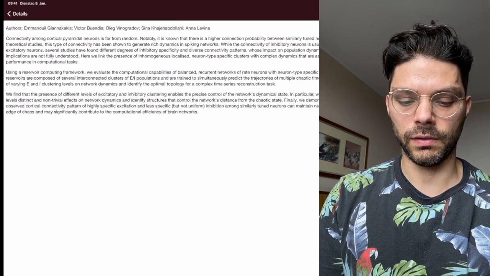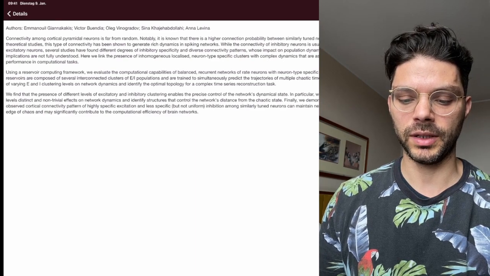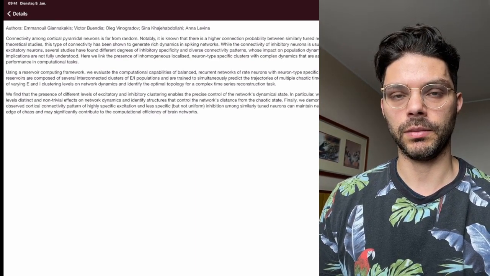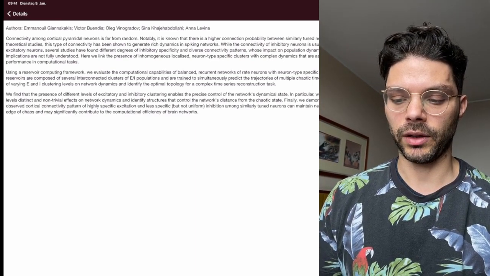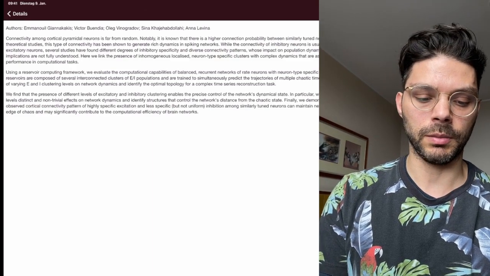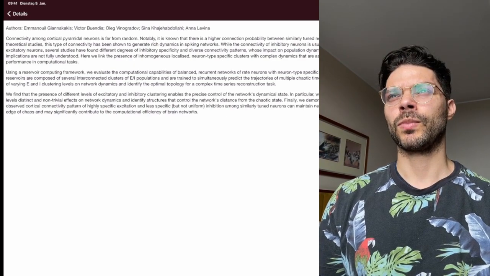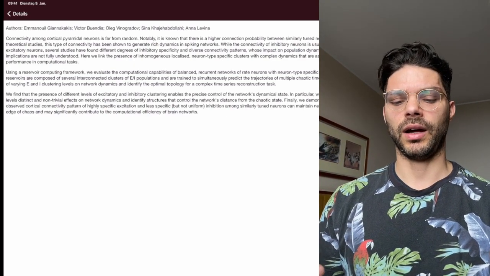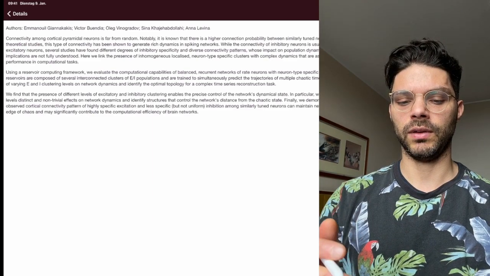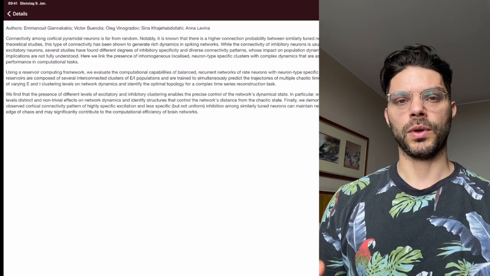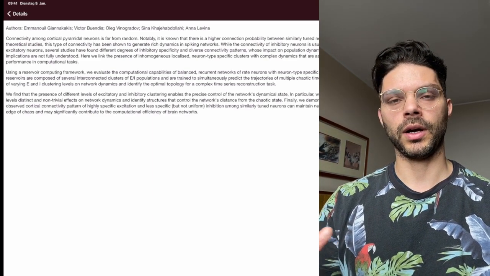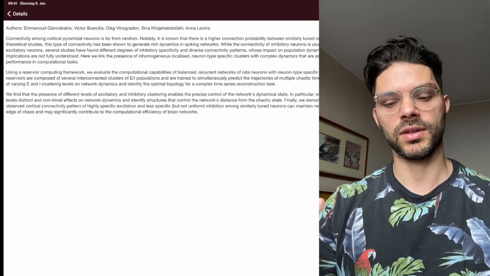Several studies have found different degrees of inhibitory specificity and diverse connectivity patterns, whose impact on population dynamics and computational implications are not fully understood. That's interesting because, for example, in the inference circuits that I work with, the inhibitory units, which we think are the granule cells, embody the odor causes that we think have caused the receptor activations.